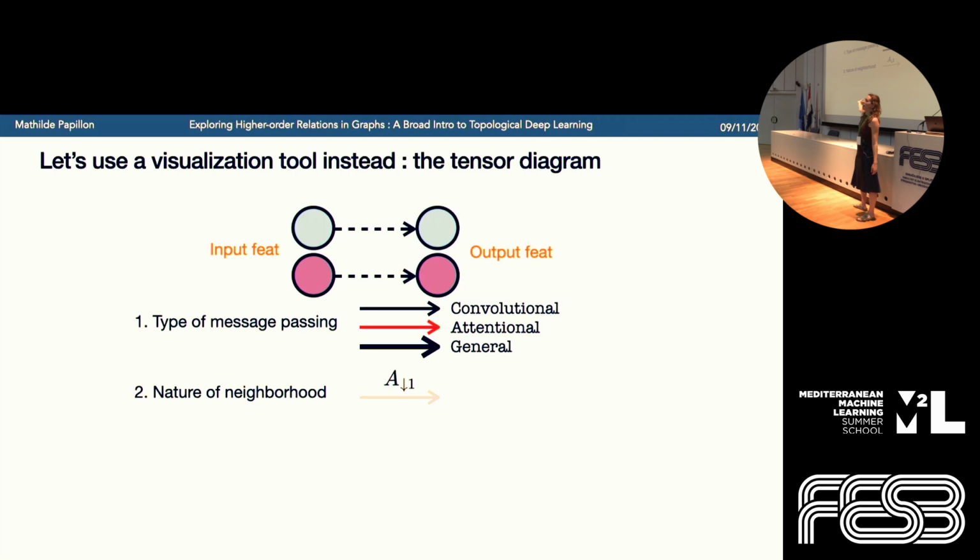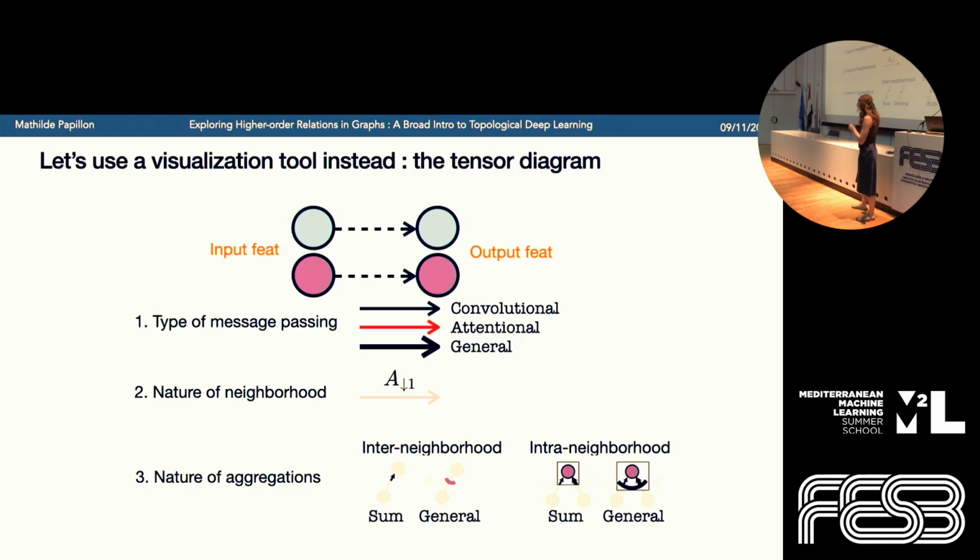And we are going to write down the matrix notation representing the neighborhood that those cells are passing information to each other from, like the adjacency, the boundary, and so on. And finally, we are going to represent our aggregations as either a simple arrow, which means a sum, or a little banana, which represents